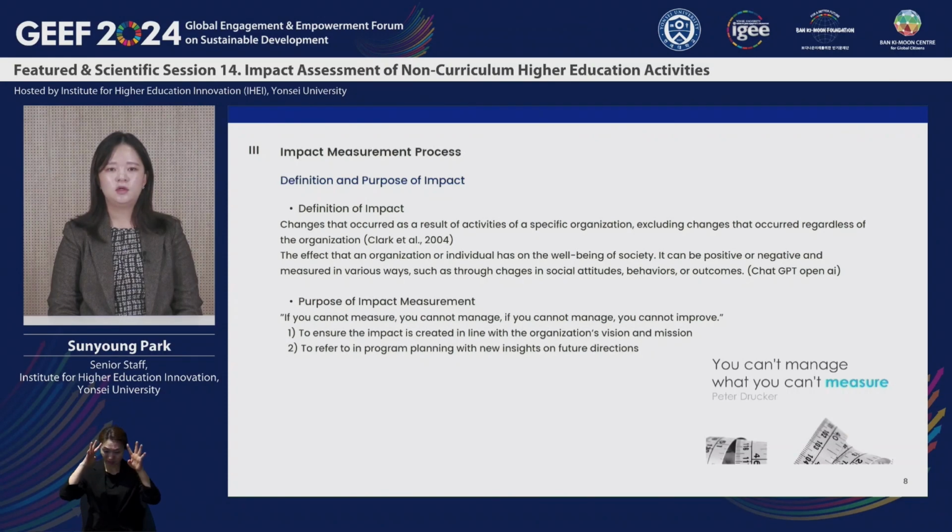At our Institute of Higher Education Innovation, since its establishment, we have consistently accumulated basic statistics and performance data. However, we have come to realize that merely accumulating data has limitations in terms of performance management. Moreover, while program evaluations are conducted at the level of educational institutions, attempts to measure impact are rare. Therefore, attempting to measure impact as an educational institution itself holds significance. Through impact measurement, we aim to verify whether the creation of impact aligns with the vision and mission set by our institution and to gain new insights into further directions for our IHEI.